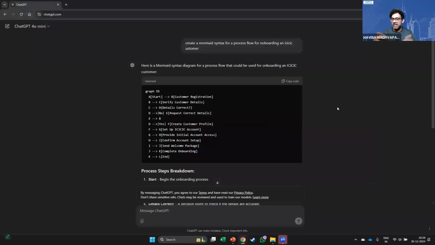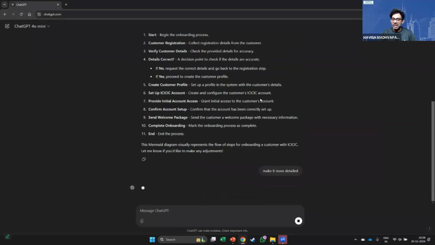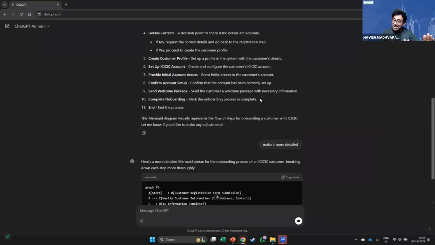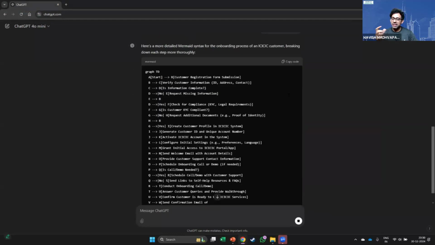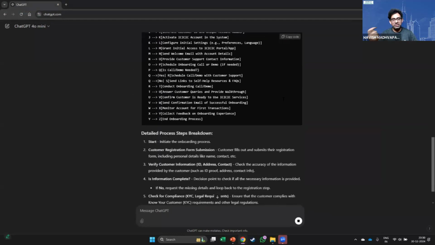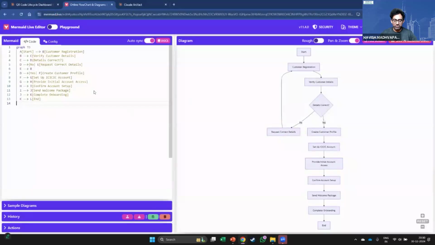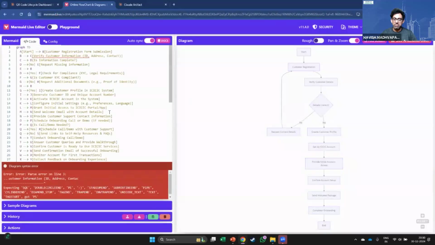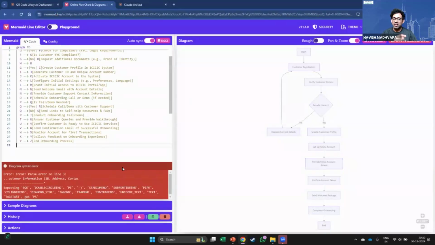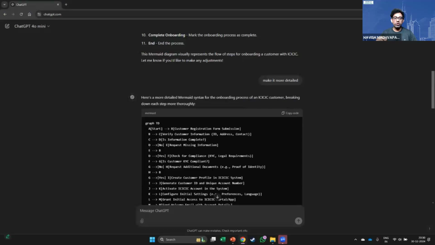The only challenge is that in the free version, obviously the depth will be lesser. It might not go into specific detail. Like here, if I ask it, make it more detailed, it won't stop me. It will attempt to do it, but the chances that there will be slight errors here and there will be more. Again, as you can see, it does work. But did you see there's an error that came in? So those are the challenges that you will have to resolve on your own.